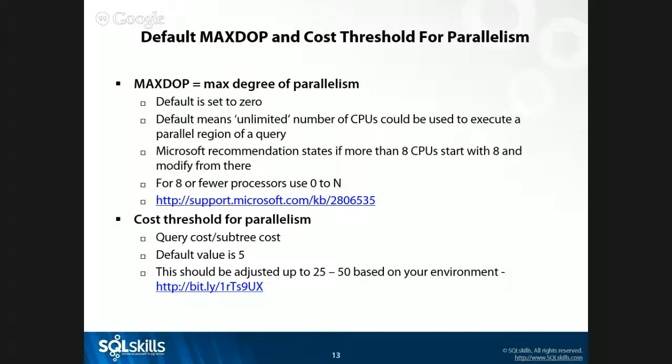Otherwise, process single, basically MAXDOP 1. But it's no longer 5 seconds. It's an arbitrary number, but it's what we have to go with, and it's just a query cost. Well, 5 is extremely too low. What we have found is starting with 25, or between 25 and 50, is much better for your OLTP. I'd have to check with data warehouse. I would assume it's kind of the same, though in a data warehouse it may be 250.